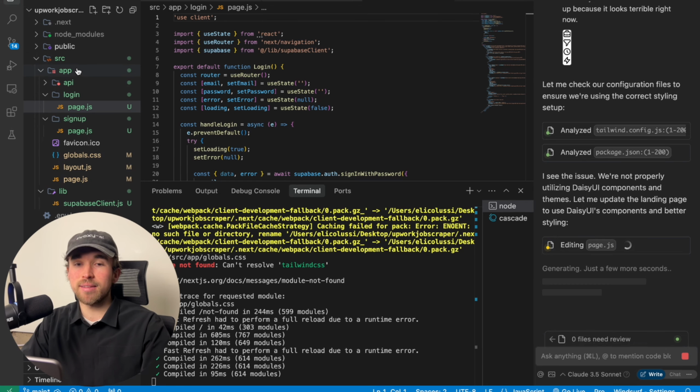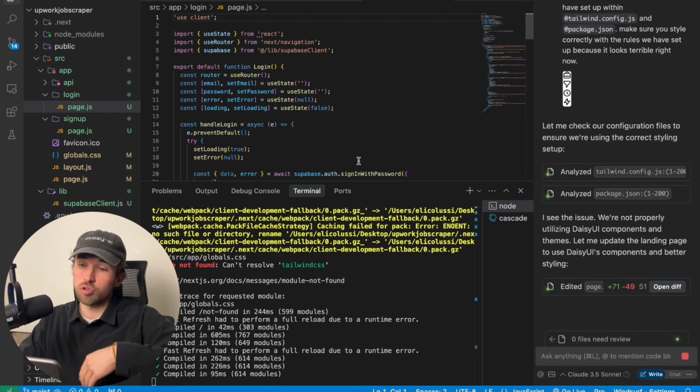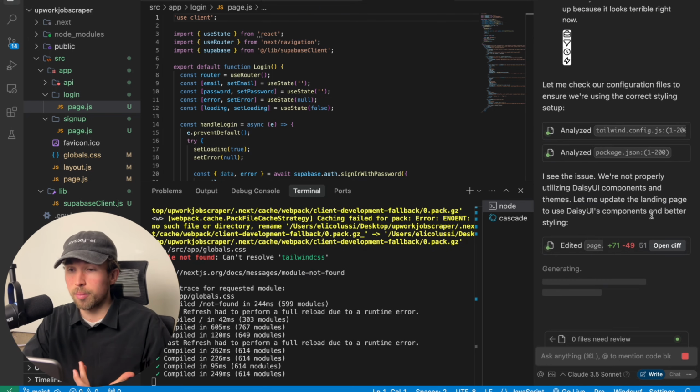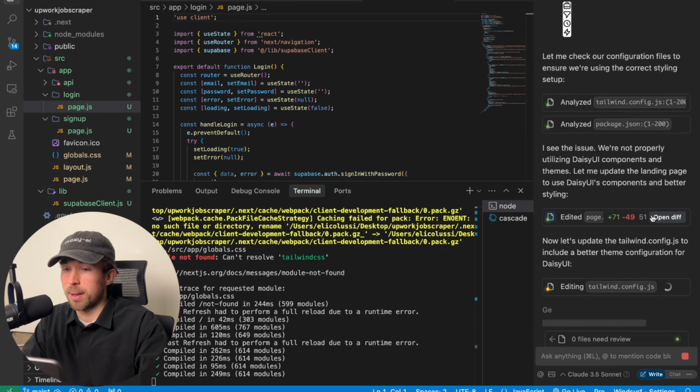But I find setting up my API routes and my logic myself to be nice, and then letting the AI do the front end is beautiful as well. But of course, if you wanted to, and just take the frameworks and the API arbitrage concept that I'm showing you in this video, you could literally just one-shot Cursor or Windsurf all by yourself and replicate this all in one, basically. Cool.